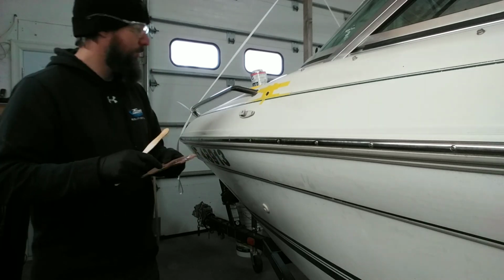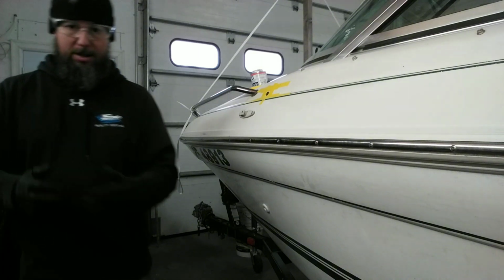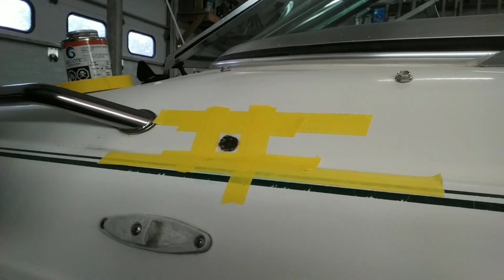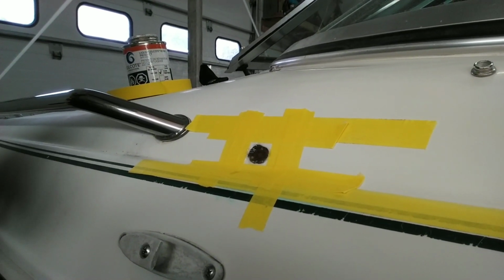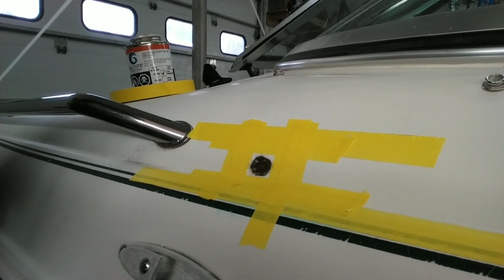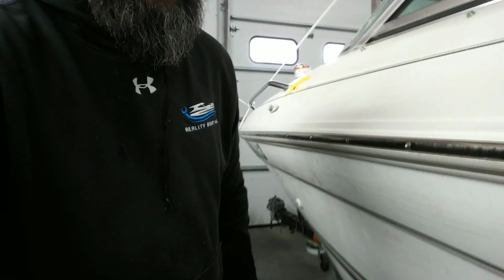And that's it. We're going to walk away at this point right now. I'll just bring this in and show you. So there you go. That's basically all I'm doing at this point here today, on this spot anyways. And we're going to let that cure. When we come back, which will probably be tomorrow because it is late afternoon here right now,